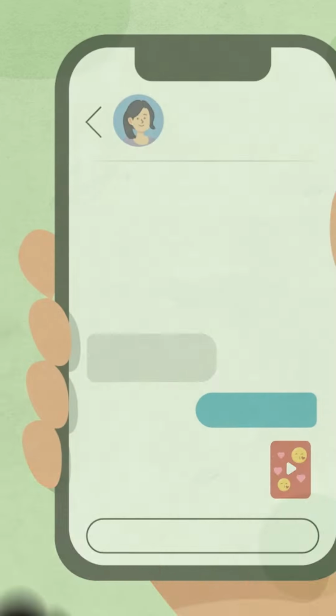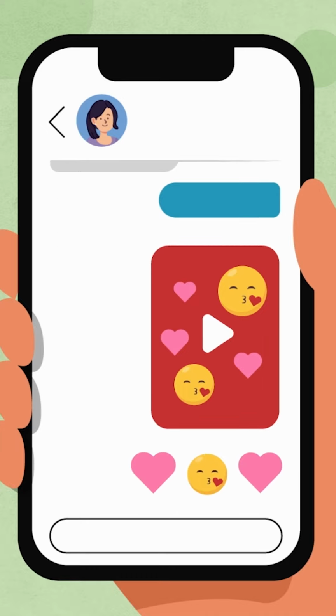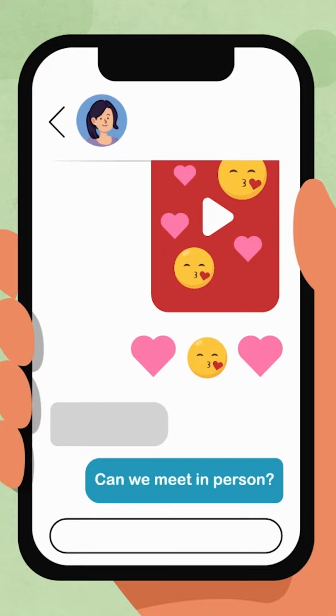But it's important to respect boundaries and opt for private communication if the other person is not responsive. Flirty emojis can be added to enhance the tone of the message. If both parties are interested, the conversation can progress to discussing the possibility of meeting in person to recreate the